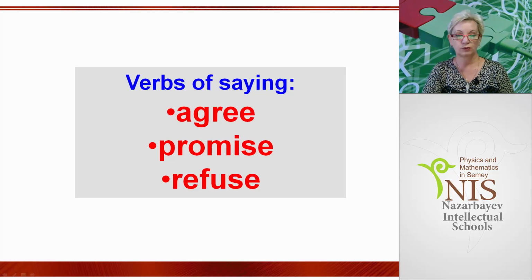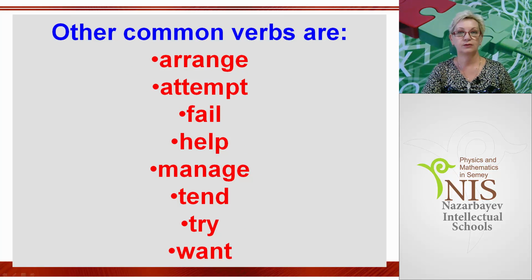The next group is verbs of saying: agree, promise, and refuse. Face each other and try to make one sentence with the to infinitive. Now you can see the third group of verbs which require infinitive. They are arrange, attempt, fail, help, manage, tend, try, and want. I think they are not new for you because I know for sure that you know these rules of verbs